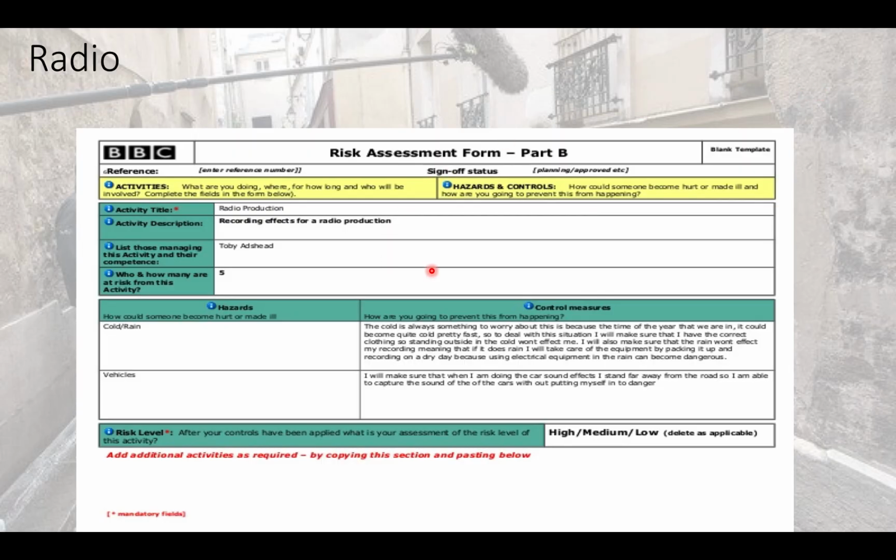Now in radio, it's a really simple risk assessment. You would talk about what you are doing and what you need to do in terms of your activity. You'd put your name on there and you'd think about what different things could be affected. And then you'd list the hazards and what you're going to do to help them out. So those controls come in. Maybe it's eliminating something or maybe it's using PPE with what you've got. And then you would circle whether you think it's a high, low or medium risk level for all of the work that you're completing. This is quite basic and it's one of the things that they use in BBC Radio.